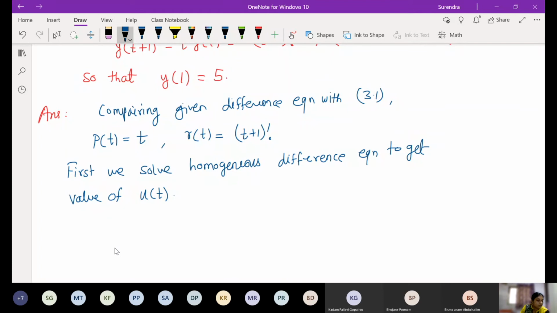What is my first order equation? It is u at t plus 1 minus p of t, which is t here, times u of t, which is equal to 0. First we solve this homogeneous difference equation to get the value of u_t. Its solution is given by